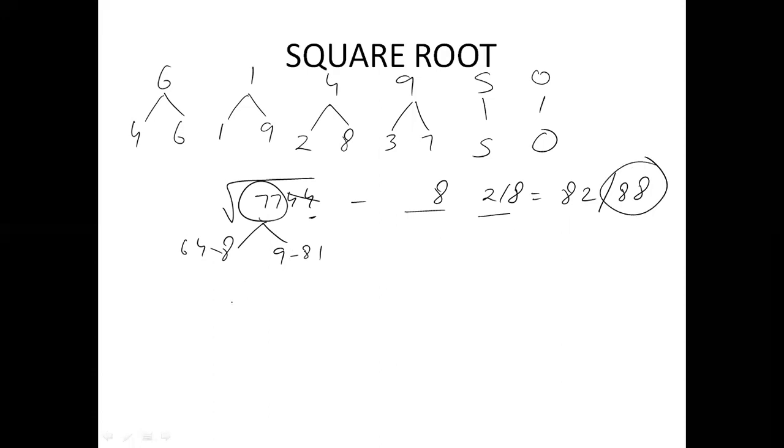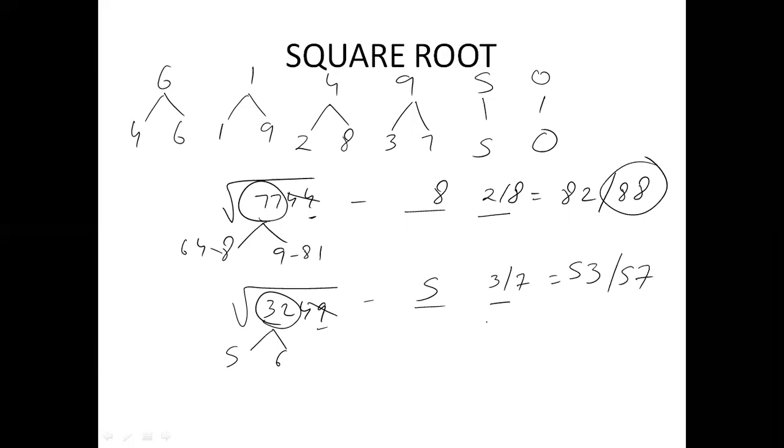One more example. Find the square root of 3249. Here, for 9, what is the replacement? 3 or 7. Now cut off the last two. 32 comes between 5 and 6. So as usual, first select the smaller number. Now the answer is either 53 or 57. To find the correct answer, check whether 32 is close to 5 square or 6 square. 32 is close to 6 square, so select the bigger value. One more example. Find the square root of 5041.